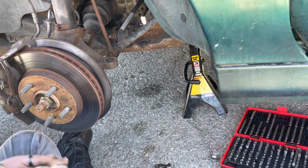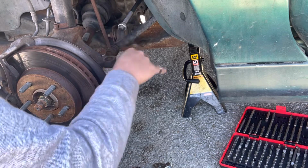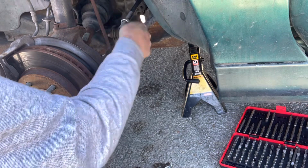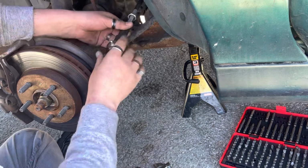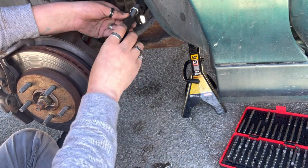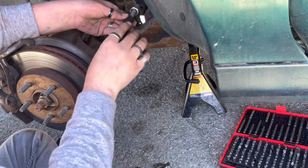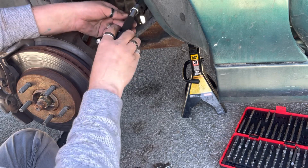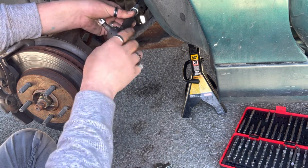All right, now it's time to put the jam nut back on. You know, we want to make sure that when we put these back on, that we tighten it so tight that no one else will ever be able to get it off. All right, let's see. Let's go all the way up to 16.5. So we've got, starting here, that would be, what we'd want to do a half. So we do half. Make sure she actually screws on now. So that would be